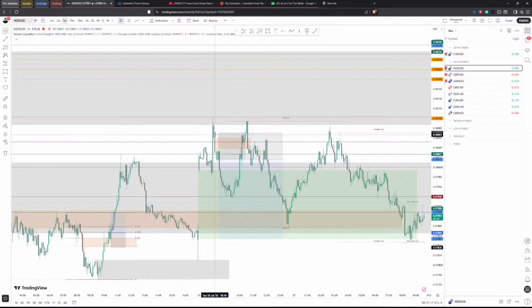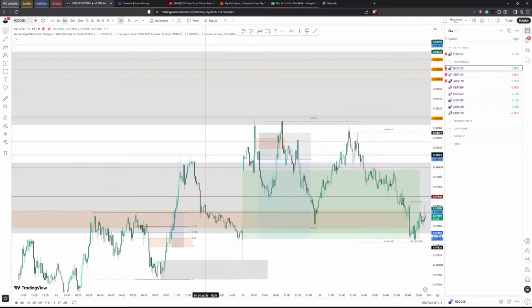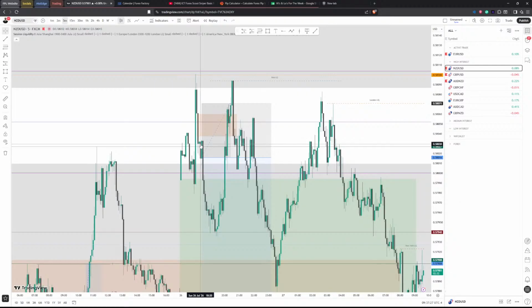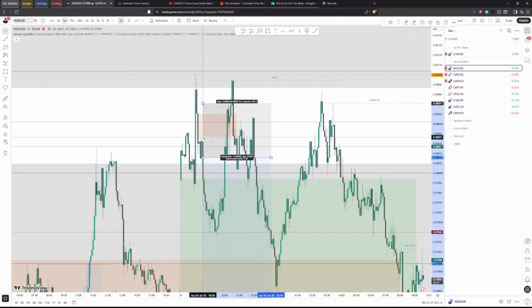I think it's because this was an inverse fair value gap, and we created a potential order block. So, oh no, I remember. It was this fair value gap, but I entered, it's like as if I entered here, but with spreads. Also, it was fine. It was a little bit late. So I got in as if it was a touch here.